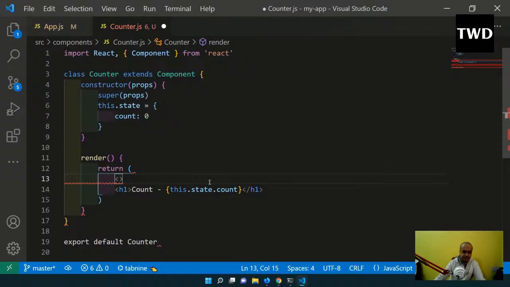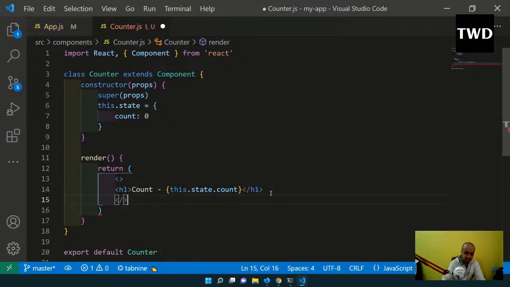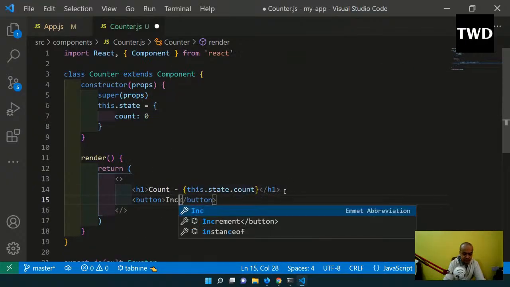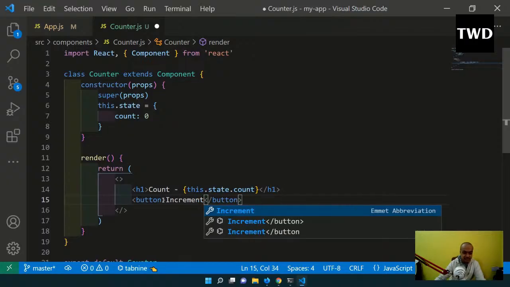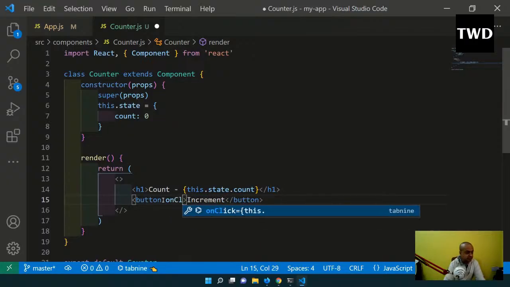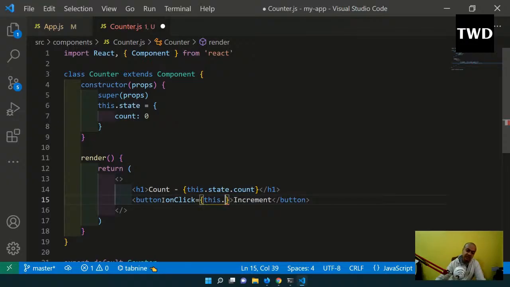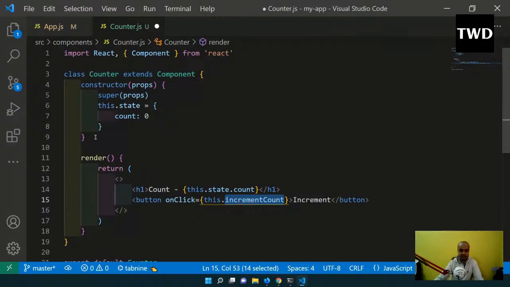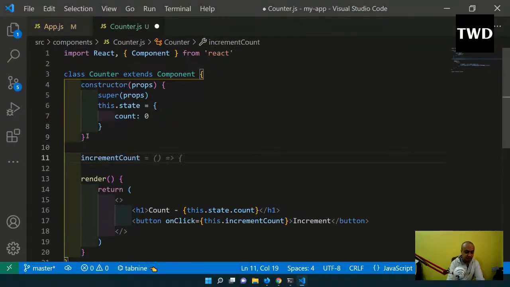Again, I will have this fragment, because what I'm going to have here is a button, and this button will say increment, and onClick will be there, and this. So onClick, see, another thing different from HTML, it is camel case. onClick, this.incrementCount. So what is this.incrementCount? incrementCount is a function which we have to create, and I will take this function here. We'll create this function here, incrementCount, and